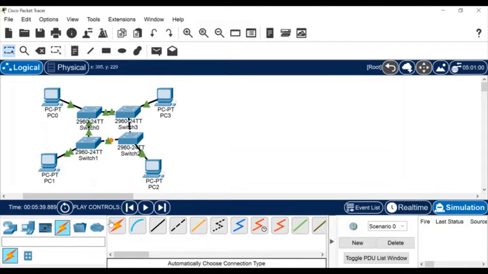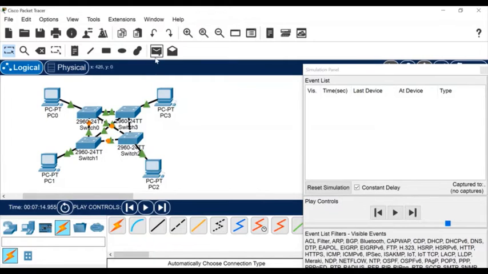I'm going to make a small change for mesh topology. So this will be the small change. Okay, now we are ready to go. Open the simulation.